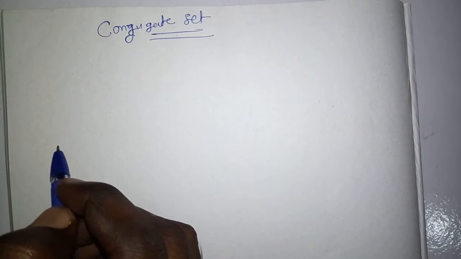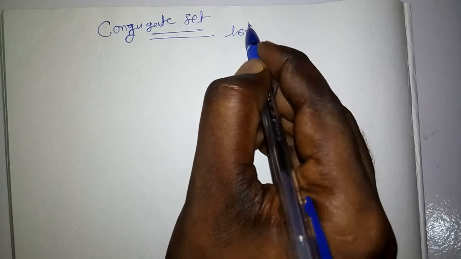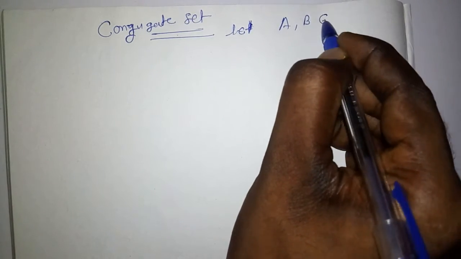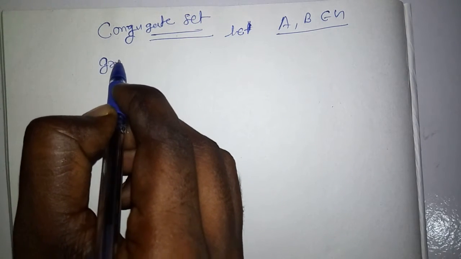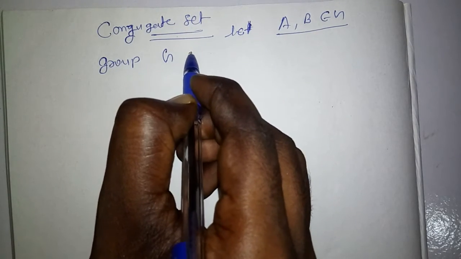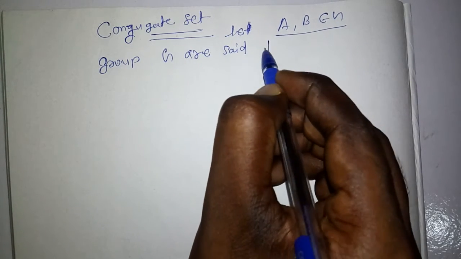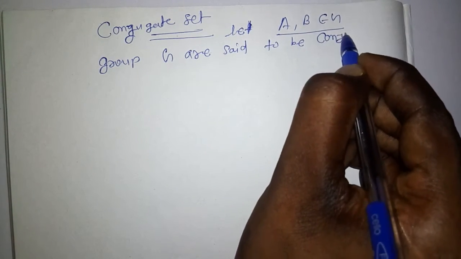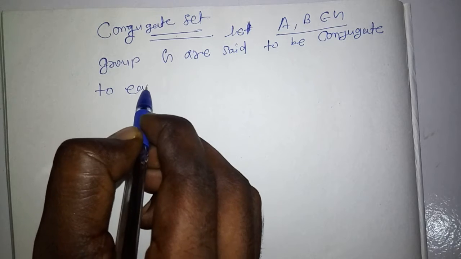Okay students, we can define the conjugate set: two subsets A and B of a group G. Let A and B be any two elements of group G, students, and they are said to be conjugate to each other